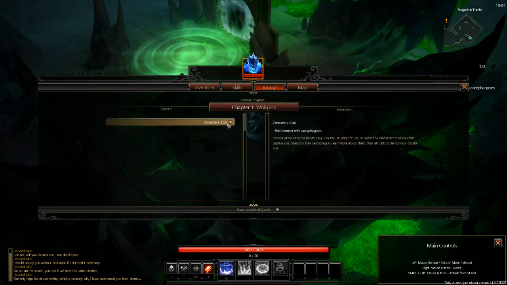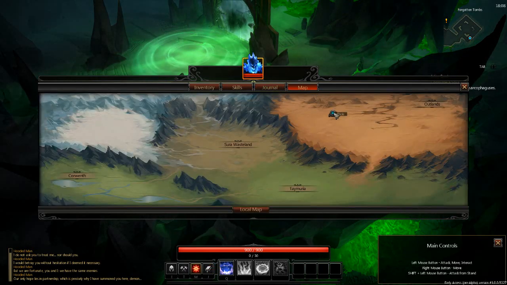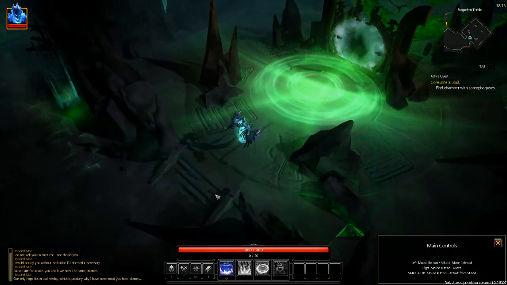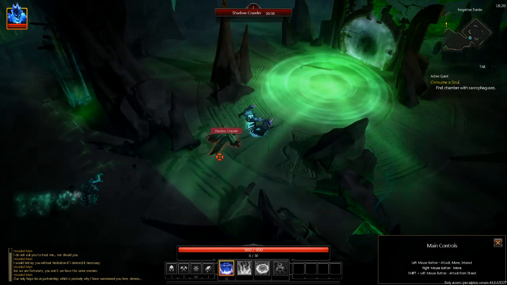Right now we have to consume a soul. And of course here is our map. We start over here in the dungeon. So we're going to move out here and kind of check out the area. Oh, here comes some bad guys, so we're going to